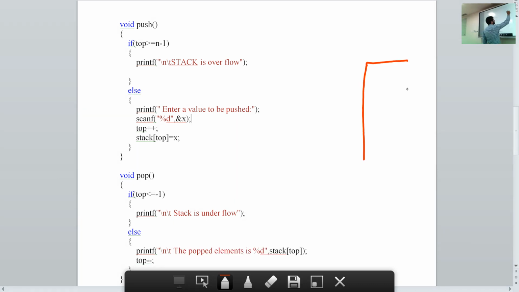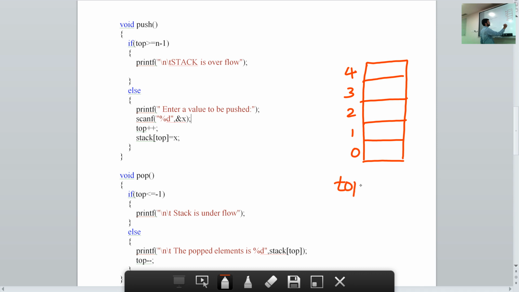This is our stack. Initially our top is equal to -1 as we have seen in the main function. Now we are going to push 5 items. One by one we will call the push.